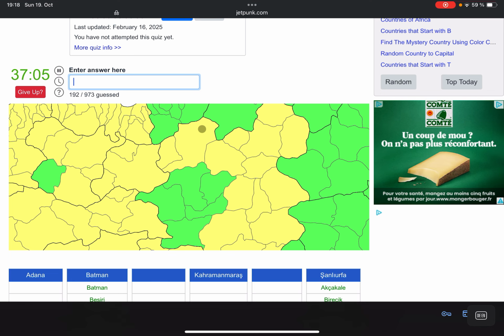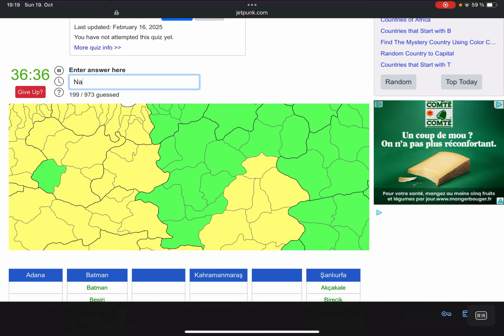Alright, so let's continue with the district of İspir, Pazaryolu, Tortum, Uludere, no, not Uludere, Uzundere, Oltu, Şenkaya, Olur,